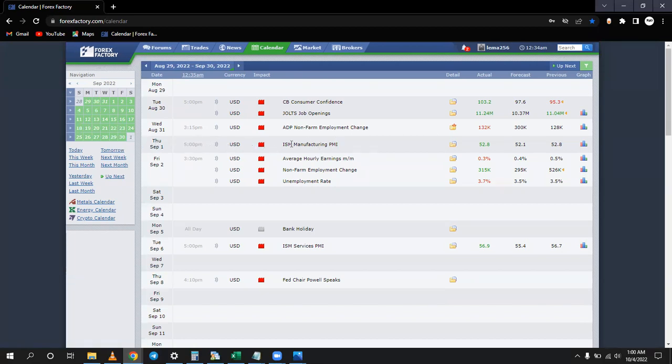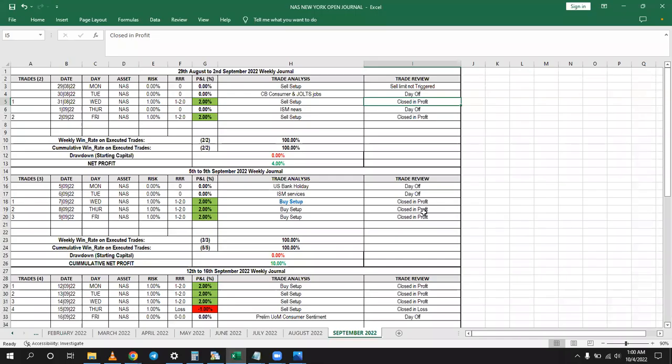Now notice we have a news, ISM manufacturing PMI. And this news was meant to be released 30 minutes after the New York Open. That means I had to take this day off. And in the journal, that day was taken off, right? Then finally,